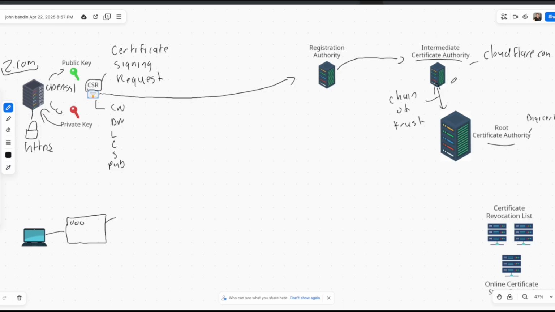So the root CA is going to get our CSR. It's going to look over it. It's going to say, cool, now I am going to issue you an X.509 certificate. So it's going to respond to the issuing certificate authority and say, hey, you're good to go. I approve you issuing that X.509 certificate. And that issuing certificate authority is going to send that certificate back to them in what's called the X.509 certificate format. And in that format is going to be, again, our public key